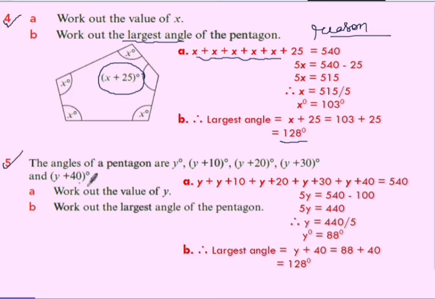So the angles of a pentagon are given there. They have not given the figure, but it is a similar question. Add all the angles and equate to 540 and write the reason: since the sum of the angles of a pentagon is 540, or you can apply that n minus 2 into 180 formula and show that it is 540. Then add all, so here we got 5y altogether, and 10, 20, 30, 40, when we add we get 100. So I shifted 100 this side, so 5y is 540 minus 100, which is 440, y is 440 upon 5, so I got 88 degrees. The value of y is 88 degrees.